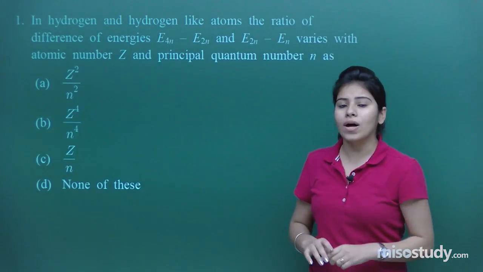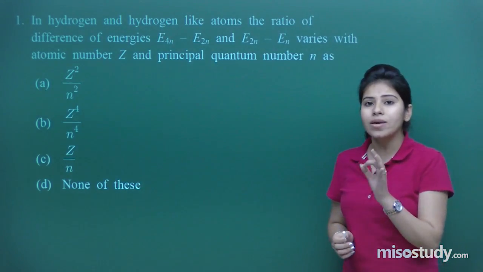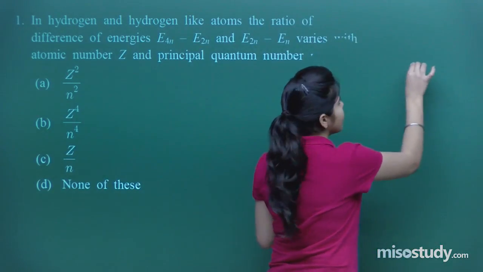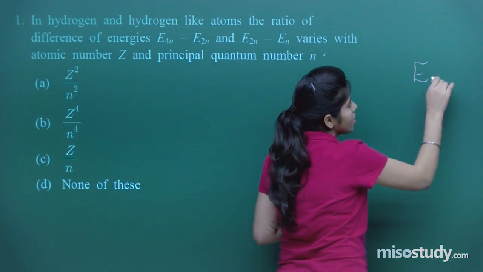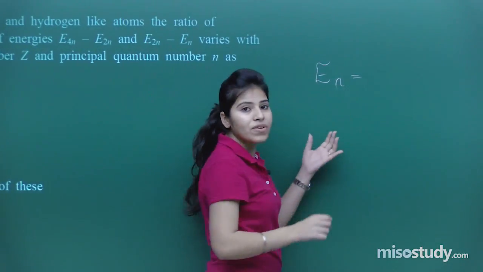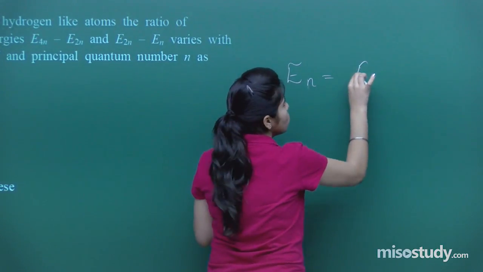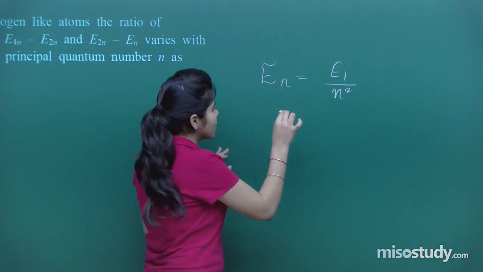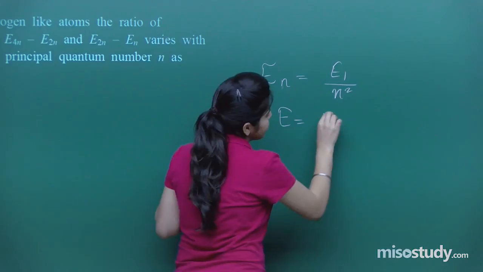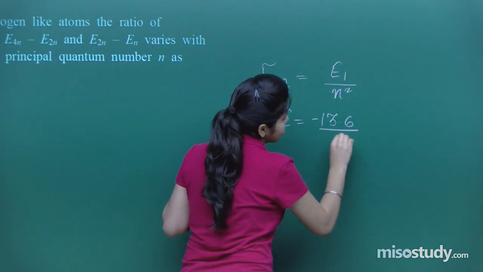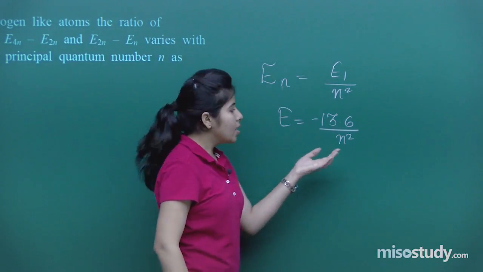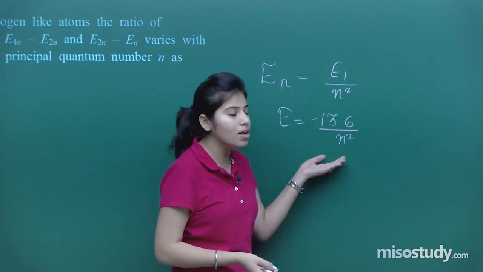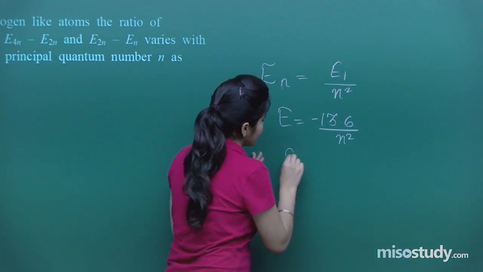Let me just tell you one thing. We have read one important formula of energy in this chapter. If I write it in the form of En, that will be En equals E1 upon n square, isn't it? We were writing E equals minus 13.6 by n square, right? Now if I want to find out the E for the first shell, second shell, third shell, that will be E1 equals